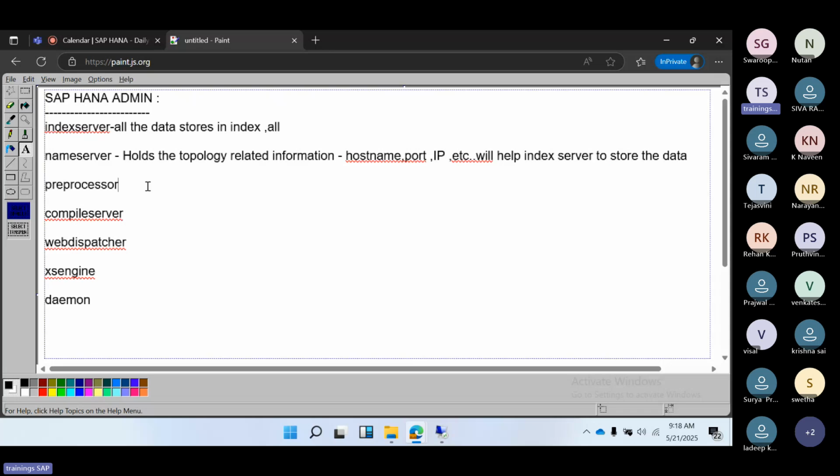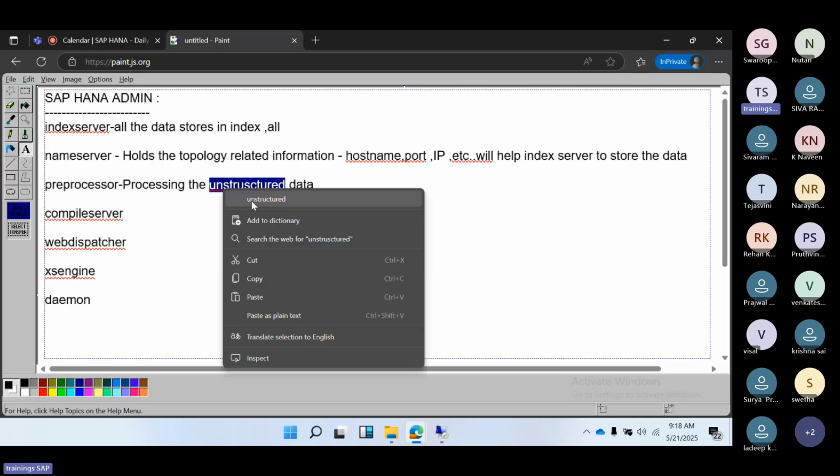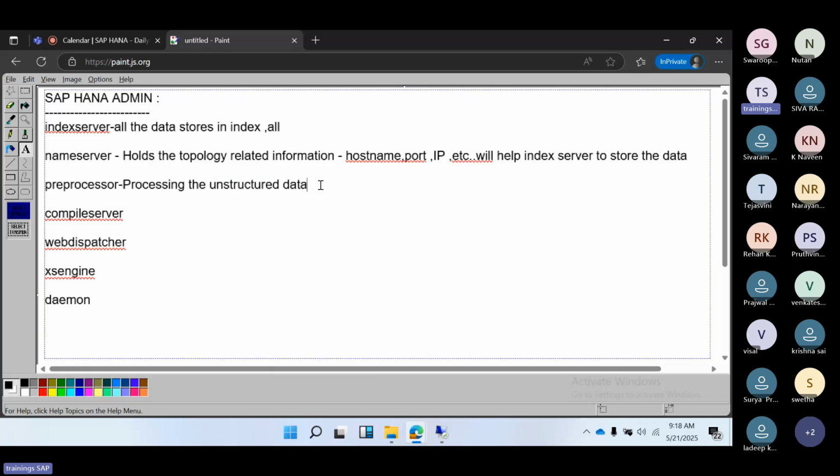Next one is the preprocessor. What does the preprocessor mean? The preprocessor processes unstructured data. Sometimes data will come to the database level without any structure. Normally the database is written in the C++ language, right? Sometimes it will come as text, sometimes in a different format. At that time, this preprocessor will convert the unstructured data to structured data,